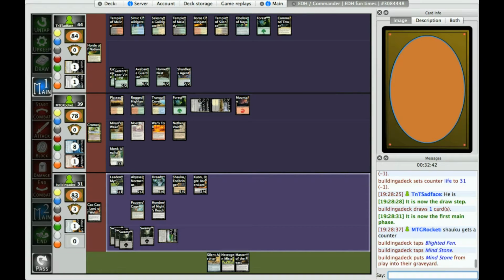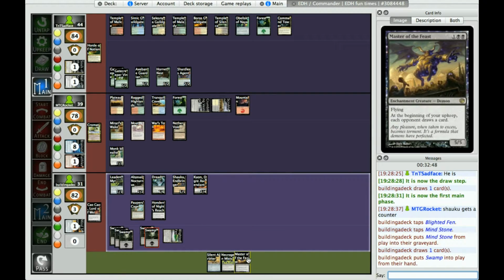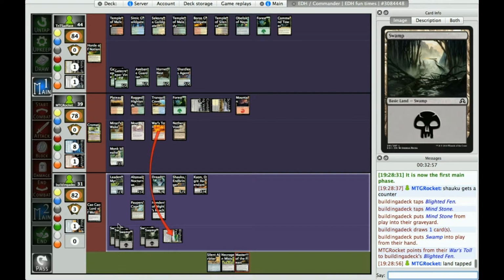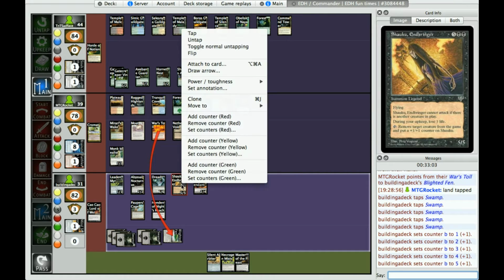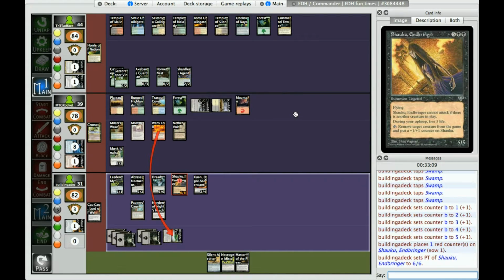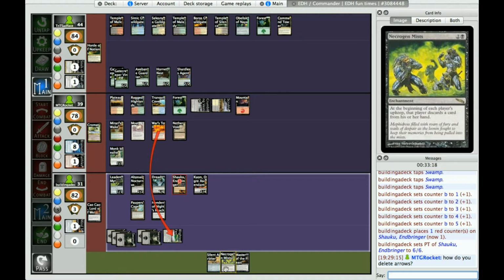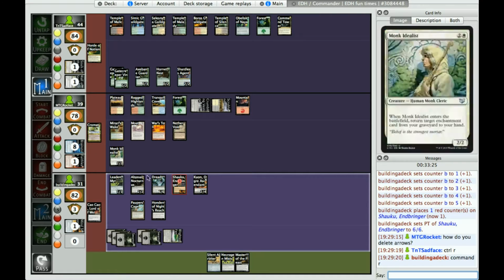I'm gonna sac the Mind Stone and try to draw something. That's something, I guess. I'm gonna pay 3 extra for everything. There's just nothing that I really want to get, like...